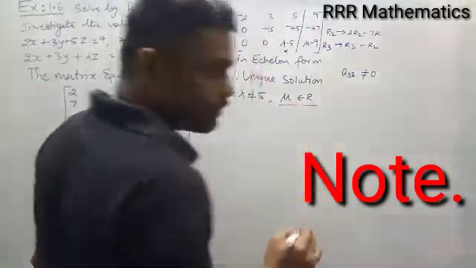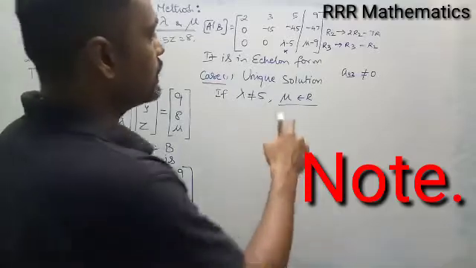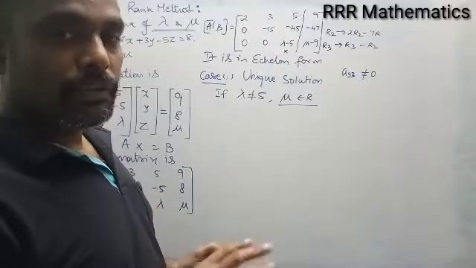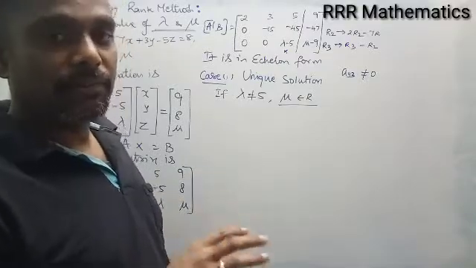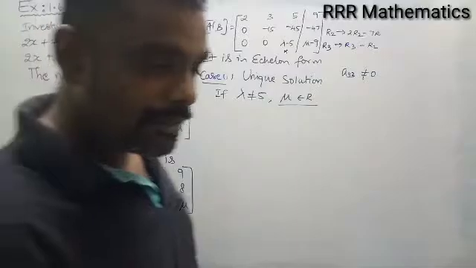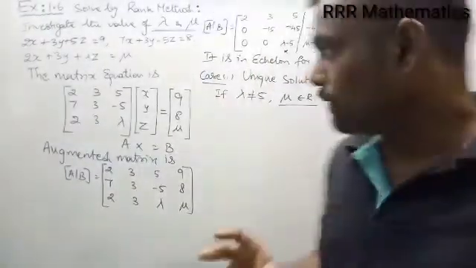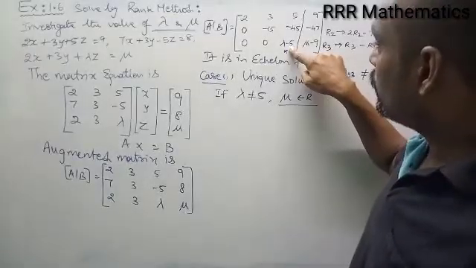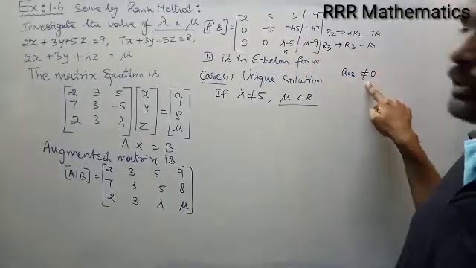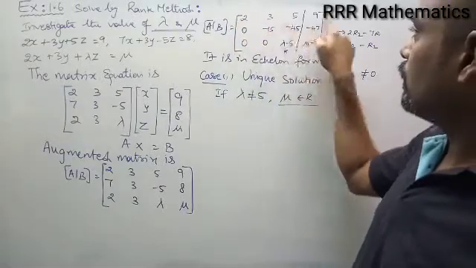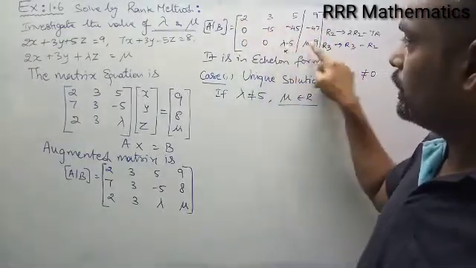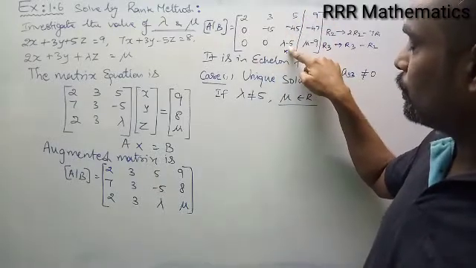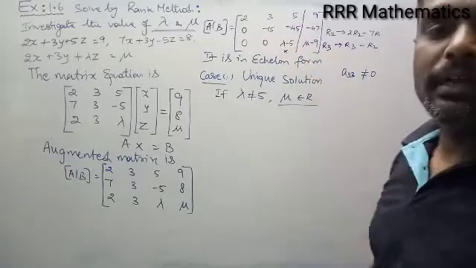Just make a note, many students make a mistake here, particularly they consider mu not equal to 9. See, I am going to say unique solution. For unique solution, the rank of A comma B and the rank of A are equal to the number of variables. In this case, the number of variables is 3, x, y, z. So I need the rank to be 3 for A comma B and A. So if the position A33 is not equal to 0, the rank of A comma B in this case is non-zero. And for the first 3 columns, if you consider, non-zero, non-zero and non-zero, so the rank will be 3.